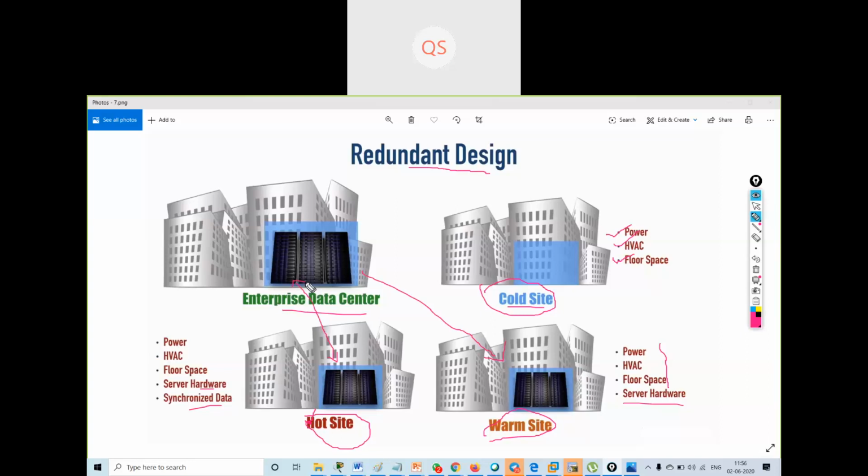It does not have to be changed, it is up to date now. Got it? So this consideration we can take in redundant designs. If at any time any disaster or any natural calamity happens, for these things we can have these redundant options: cold site, warm site, and hot site.